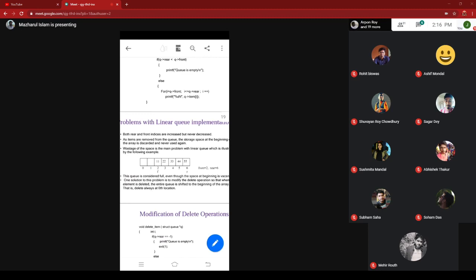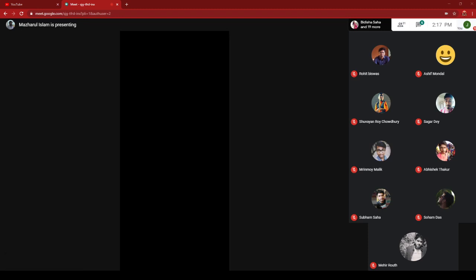That is why. Okay. Now the circular queue will check if the rear end is consumed. When rear reaches max minus 1, it will come back to the first location. Okay, it will check whether the first location is empty or not. When rear reaches max minus 1 in a circular queue, it will point to the 0 location of the queue.